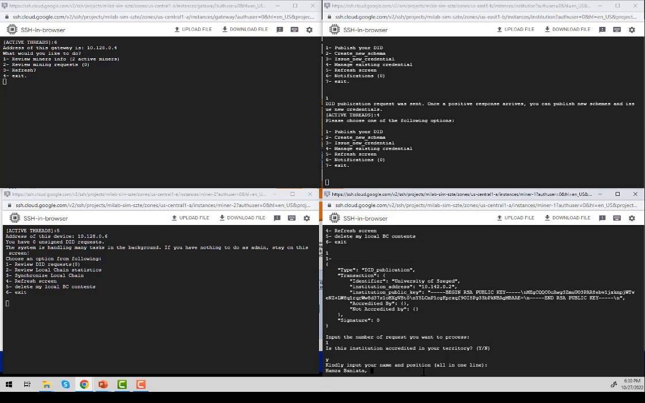And let's say that my position is the general manager of the accreditation department, right? So I'm signing this by my name, and I will sign this request using my private key. Now, if we check before entering this, if we check here, review DID requests, by choosing number 1,